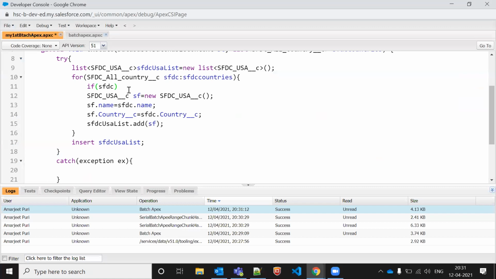So let me just add it and show you how to do it.